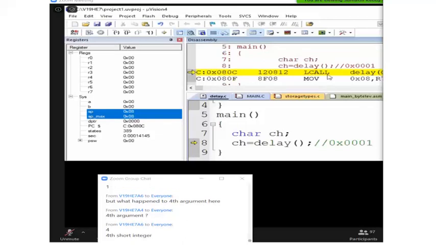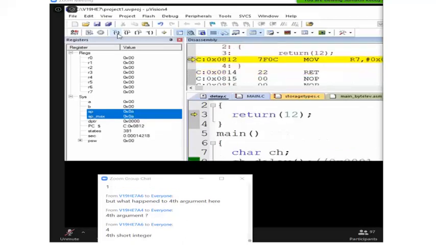And see here, the function is called. It went to the function where this 12 is stored. See, before returning, where is the value copied?